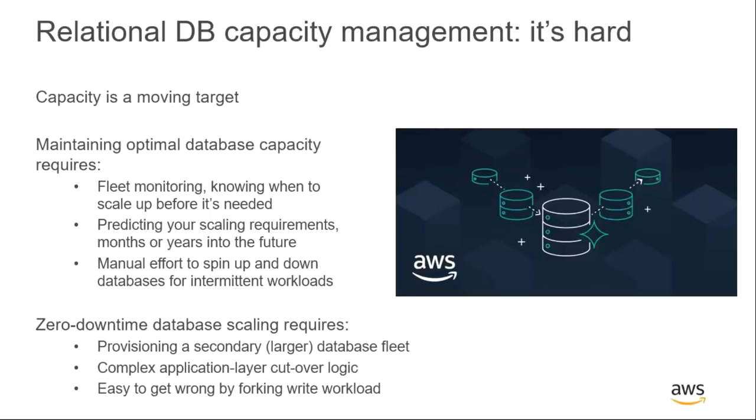So even if you know it in advance, if you know that the database traffic will change every hour, you need to sit there, or you need to find some way to automate that spinning up and spinning down of those databases. It's also expensive because you need all of that extra hardware and software in order to deal with those surges. So if you know you're going to need a bigger instance for your database, then you have to have a secondary,